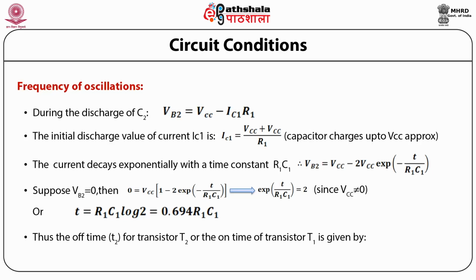Thus the off time T2 for transistor T2, or the on time of transistor T1, is given by